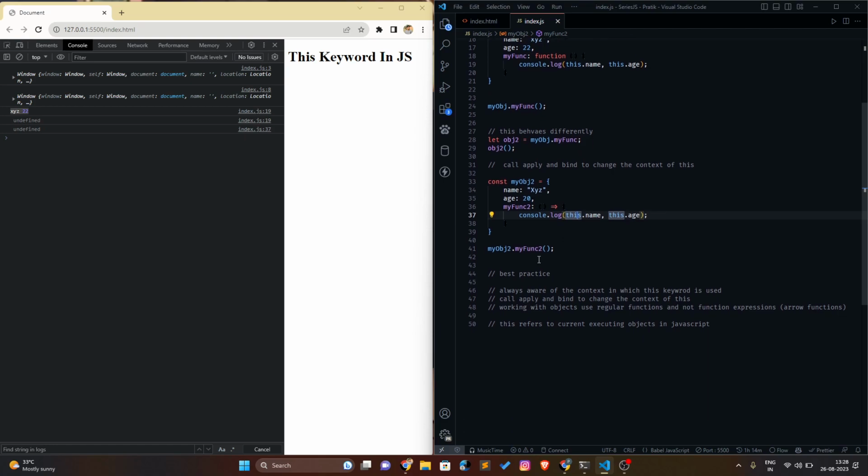And talking about the best practices, you need to be aware of how this keyword is used and in which context it is used. And you can also use call, apply, and bind methods to change the context of this. And while working with objects, make sure that you use regular functions and not function expressions or arrow functions. So this was about